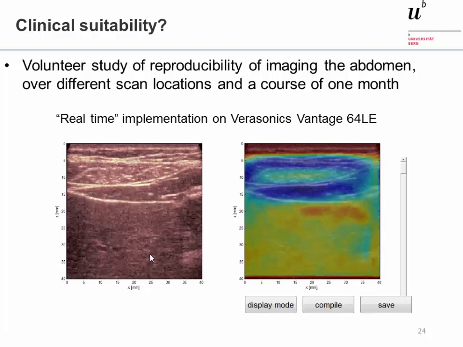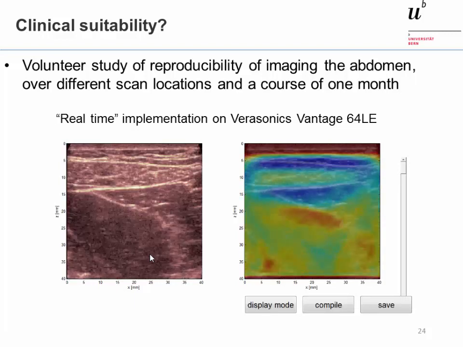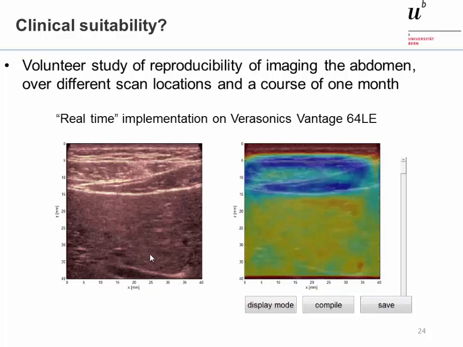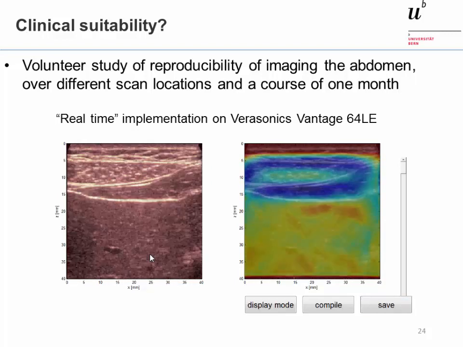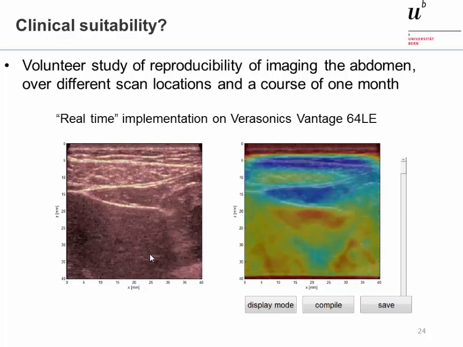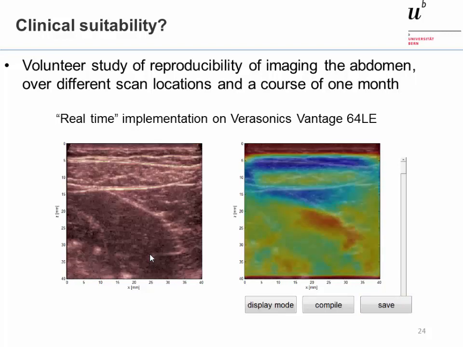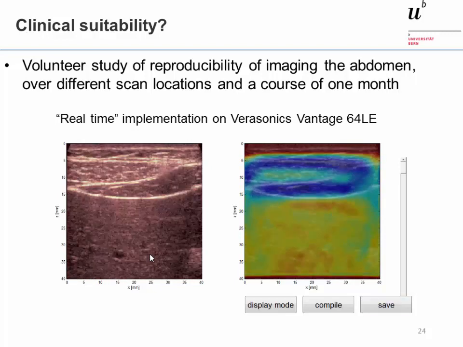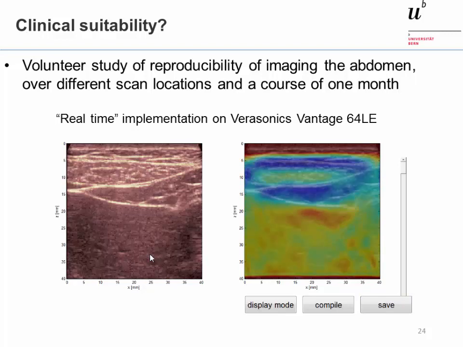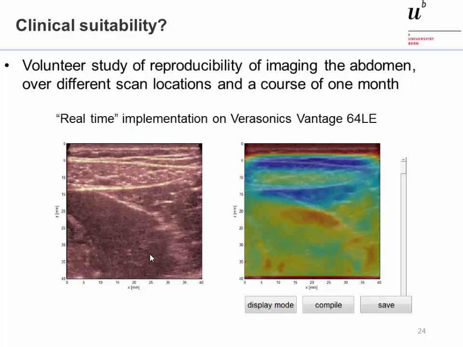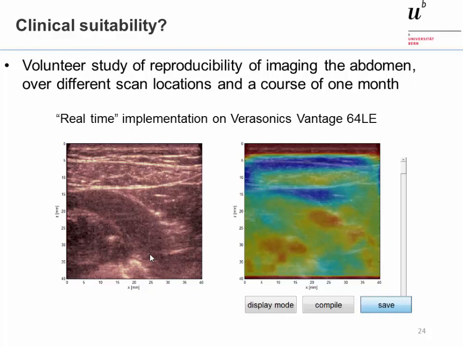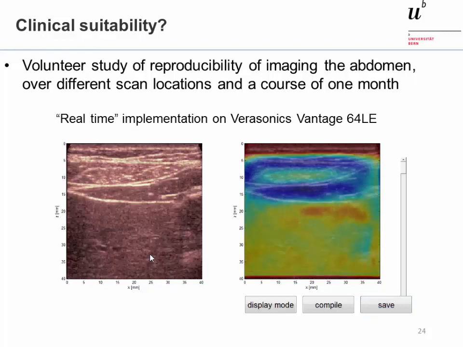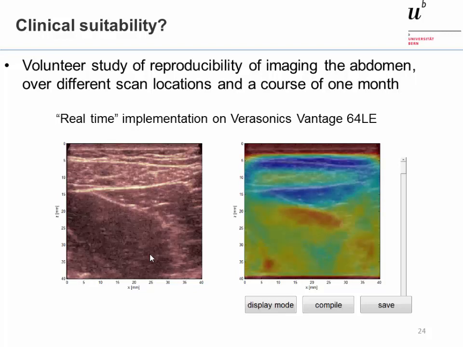So you can see the consistent change of speed of sound between the fat layer and the liver. Fat is blue, liver is orange. And it correlates well with the anatomy of the liver. You can see the same for the muscle, which has a slightly higher speed of sound than the fat. Unfortunately, in this region here, the axial resolution of the speed of sound image is too low, so part of the blue from the fat layer radiates into the muscle. But you see that this result is very consistent when scanning over the body.